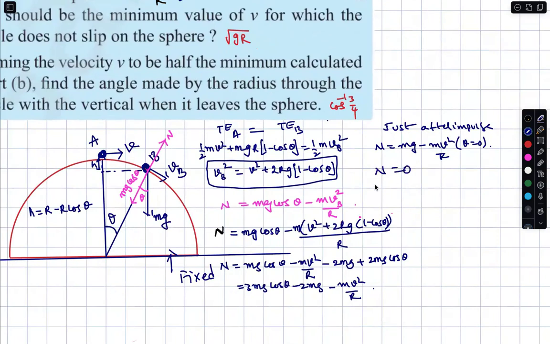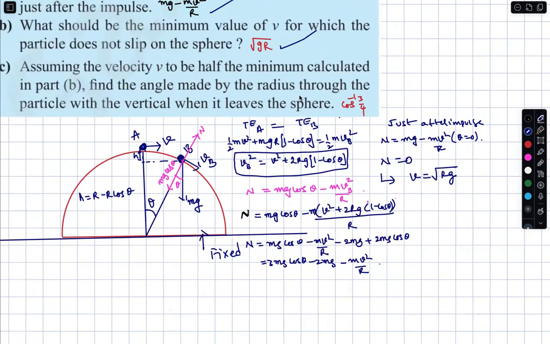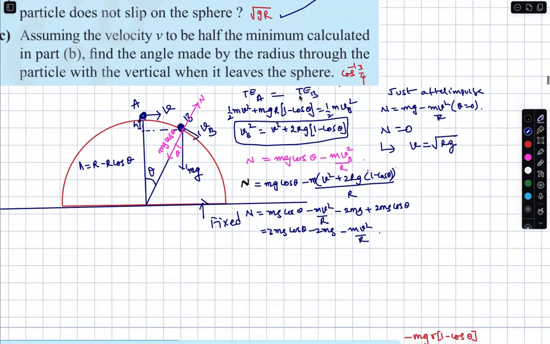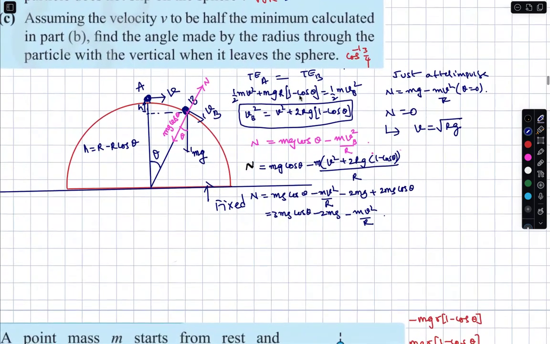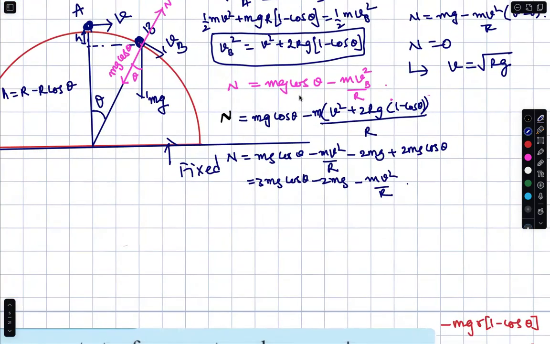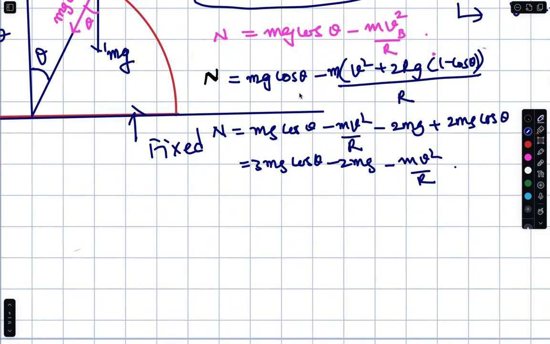N is equal to 0, v is equal to root rg. Done. I told you this at the beginning of the class itself. Velocity becomes root rg, it will take off. Right. Assuming that the velocity v to be half of the minimum calculated in part B, find the angle made by the radius through the particle with the vertical when it leaves the sphere. Sir, I have the condition. Now you want what? Now in this condition,